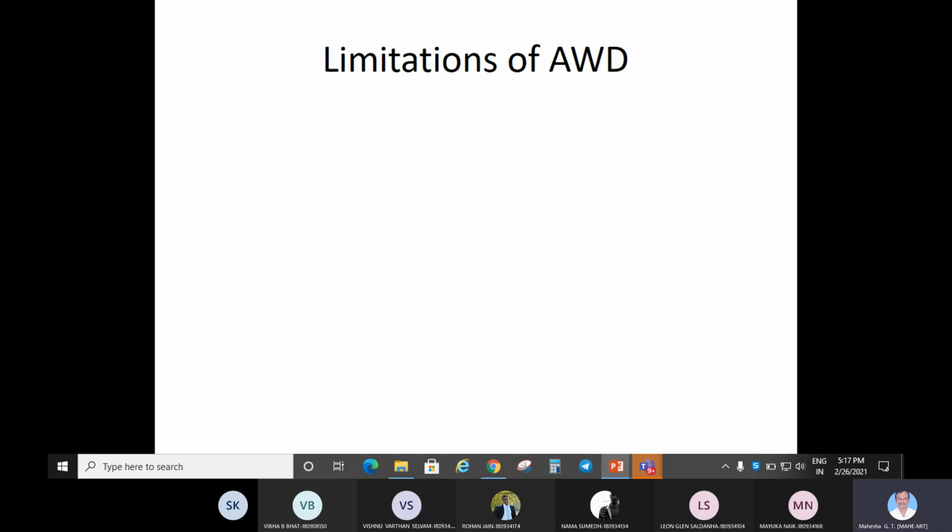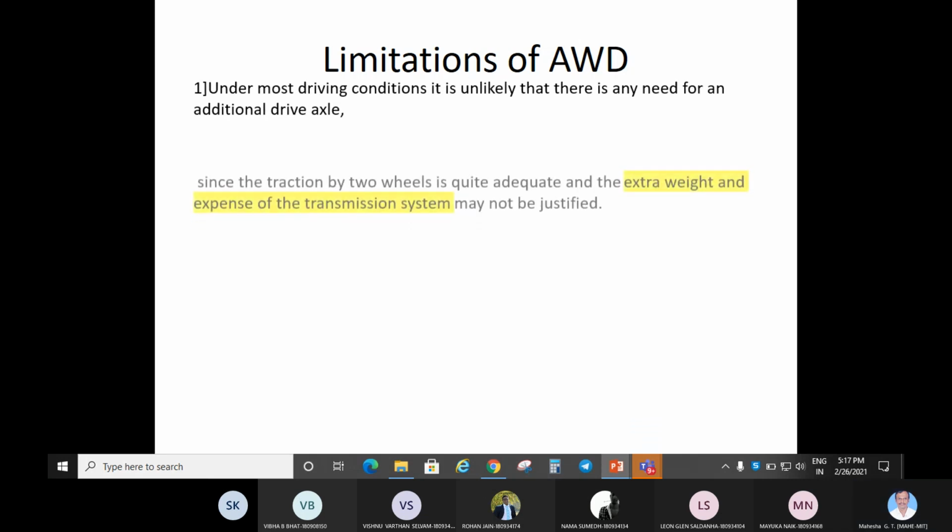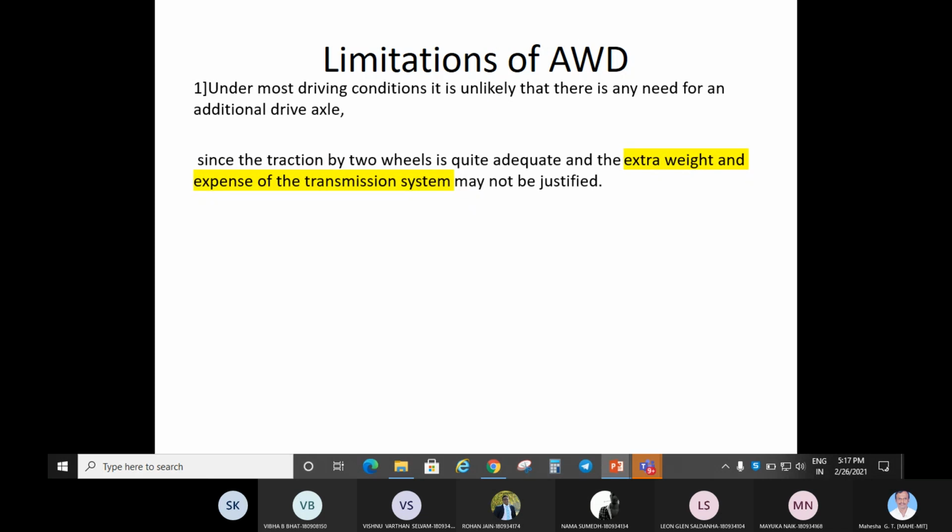However, there are some disadvantages also when compared to 4x2 drive. One is weight will be more, cost will be more, and fuel economy will be less, because when weight of the vehicle increases, fuel consumption will be more and mileage will be less. Definitely, these are the obvious disadvantages. Much of the friction and traction losses will be there. Adding weight to the system always means losing out on fuel economy and comfort.